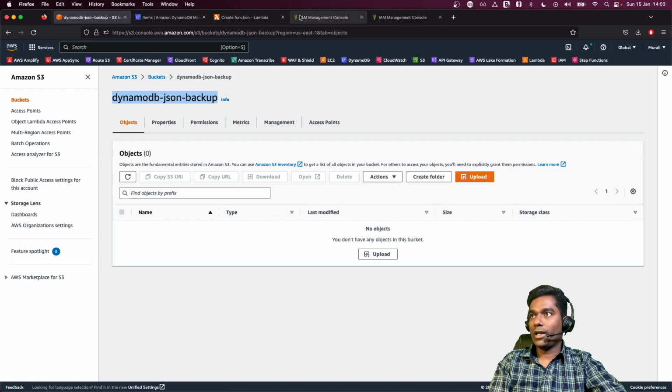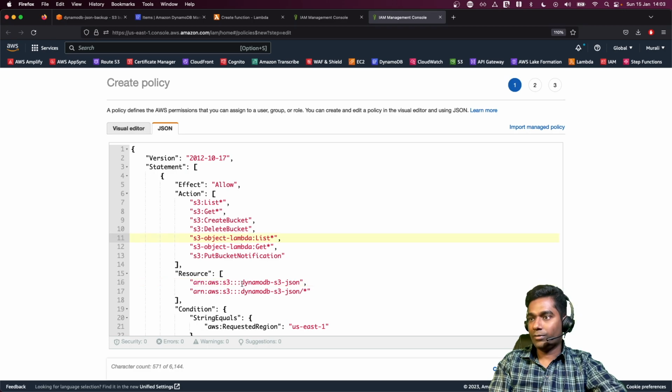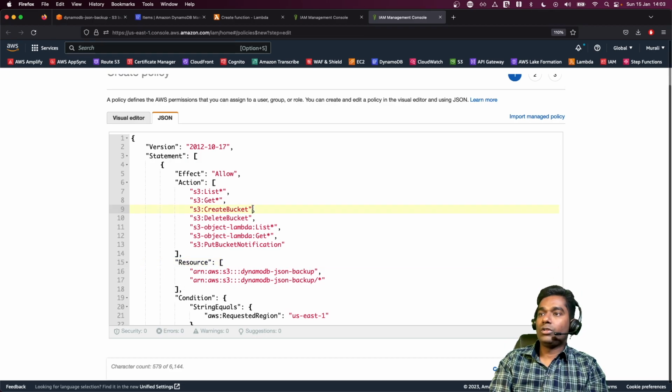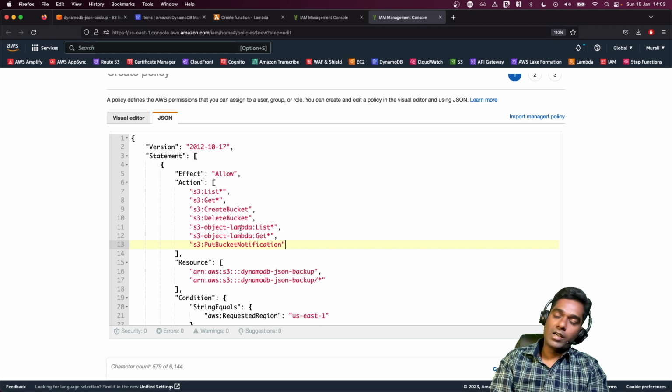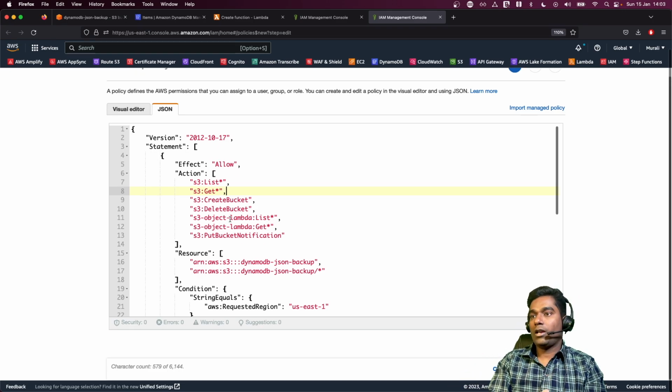Okay, so I'm going to click on the IAM role wherever we left. Just paste this, because we need to make sure that we give the permissions to the right bucket for our Lambda function. And then also replace this with our S3 bucket. So this is my S3 bucket, and now you have given access to your S3 buckets and some of the list operations and get operations that you can perform from your Lambda function. Okay, and now on this